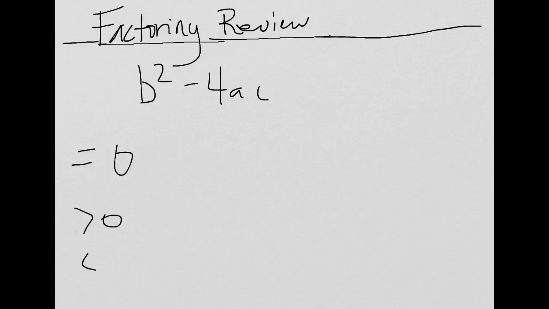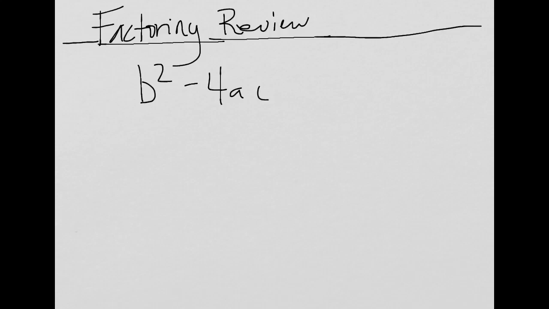The discriminant, if you remember from the test that you have on Monday, that you've already got everything on it memorized, I'm sure. It's b squared minus 4ac. What this tells you, I've got the thing that says equal to 0, greater than 0, less than 0, all that stuff. On the side, something else the discriminant tells you